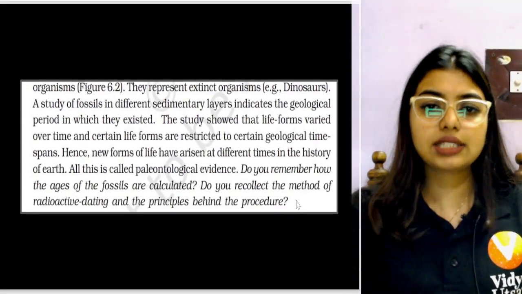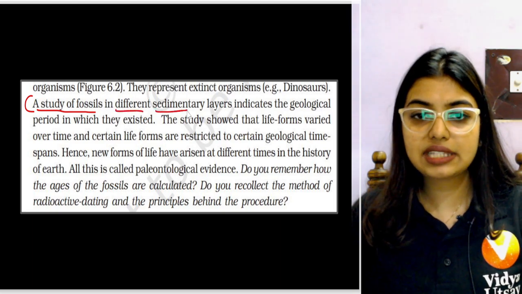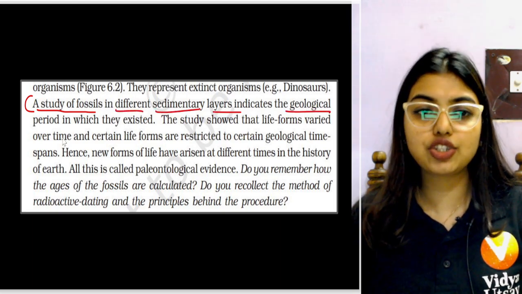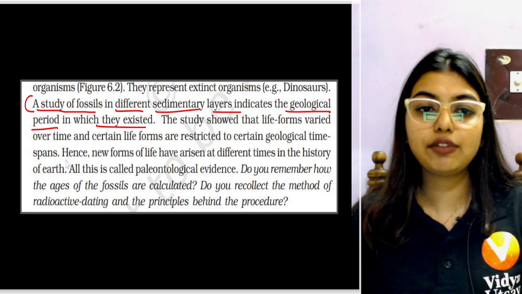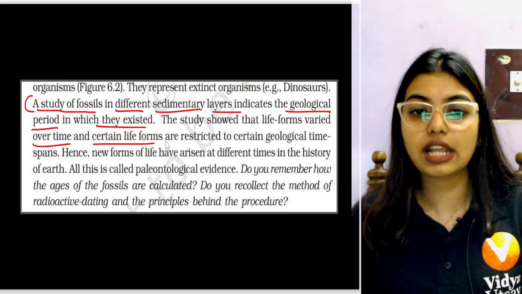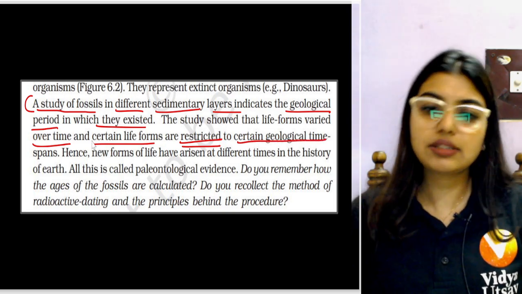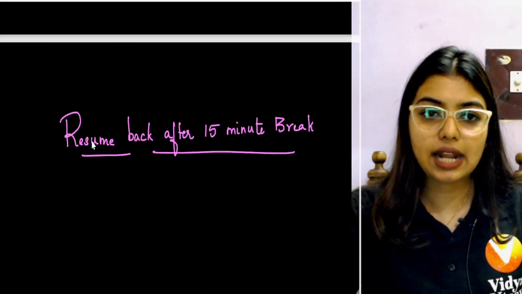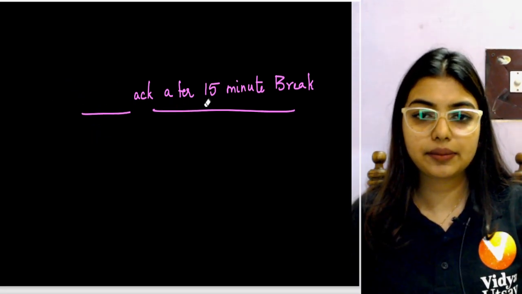Now see, a study of fossils in different sedimentary layers indicates the geological period in which they existed. The study showed that life forms varied over time and certain life forms are restricted to certain geological time. So it's very simple. What they're trying to say is that